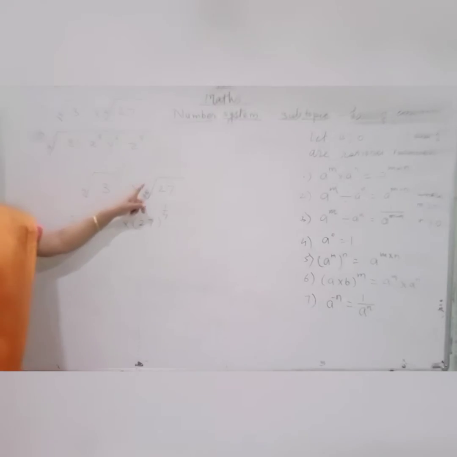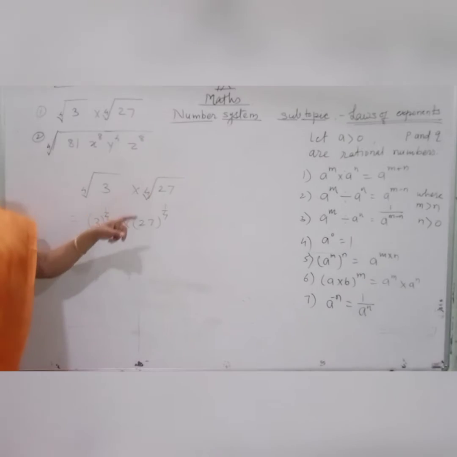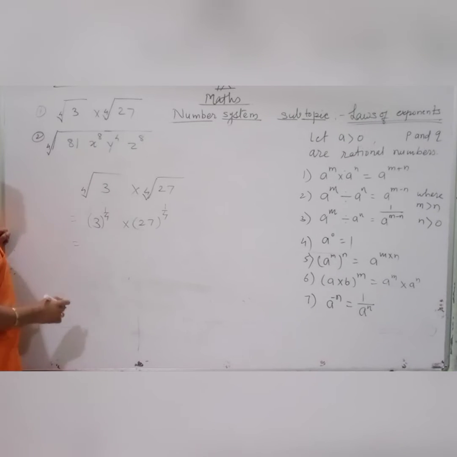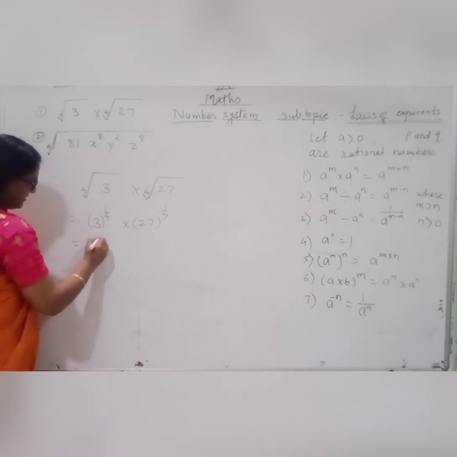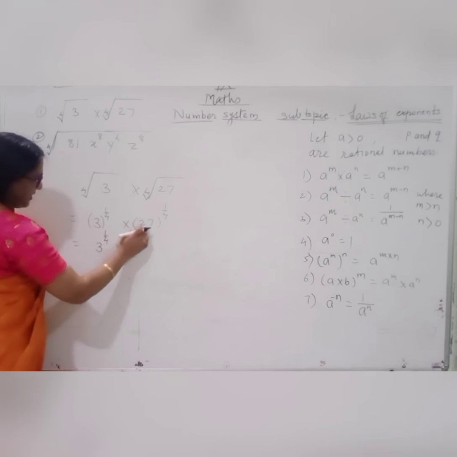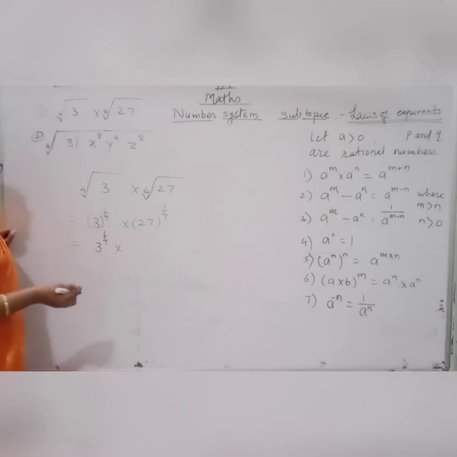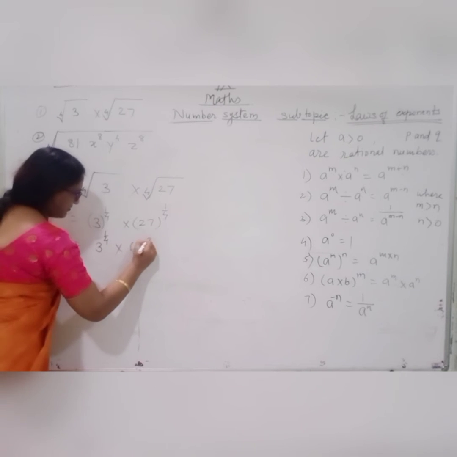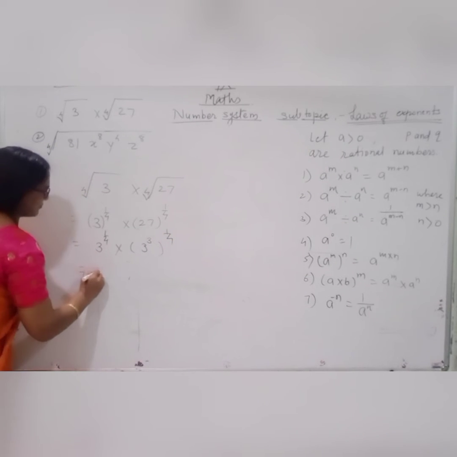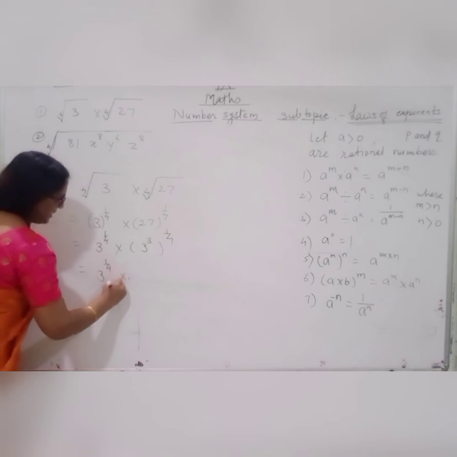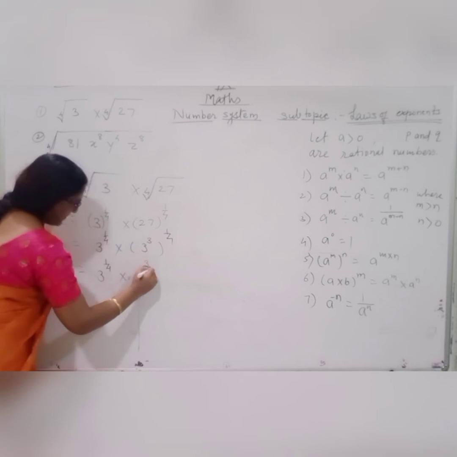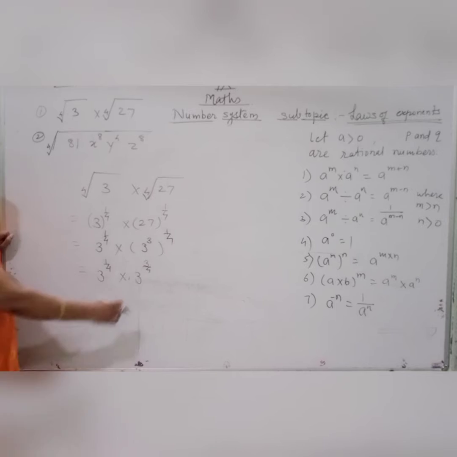इसे radical sign भी बोलते हैं. What is it? It's radical sign. Square root, sign of root, the new name is radical sign. Okay. So next, 3 raised to the power 1 upon 4 multiplied by 27. You can write 27 in the form of 3 3s are 9, 3s are 27, cube of 3. 27 is the cube of 3. So 3 raised to the power 1 upon 4 multiplied by 3 cubed raised to the power 1 upon 4. पावर का पावर होता है, पावर का मल्टीप्लीकेशन होता है. 3 multiplied by 1 upon 4 means 3 upon 4.